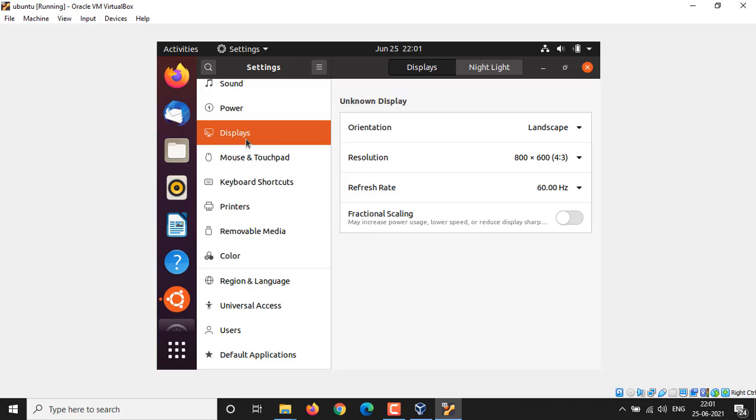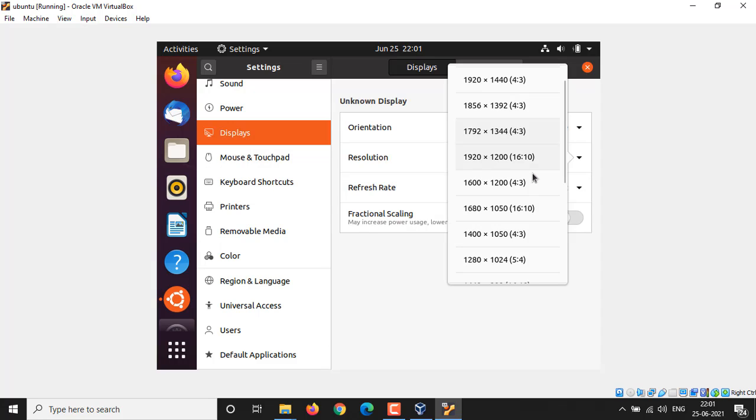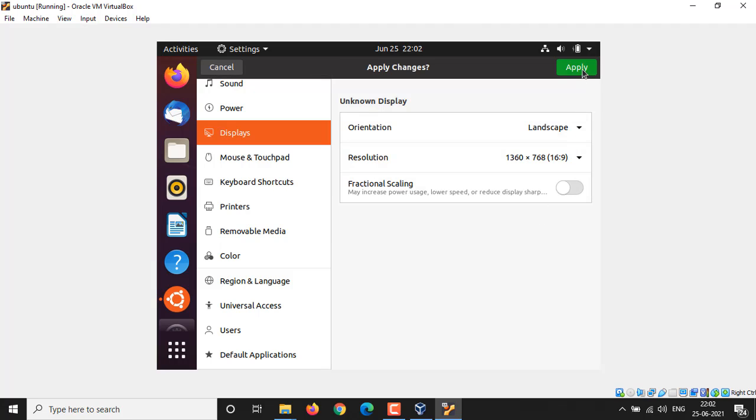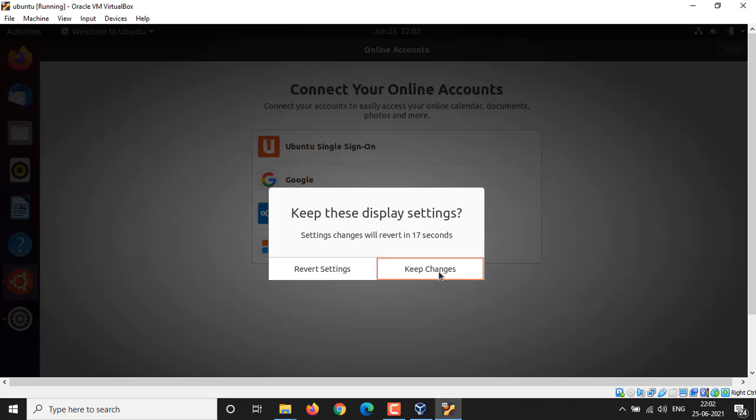From the display settings, change the screen resolution as per yours. And finally, click on Keep Changes to permanently set your new screen resolution.